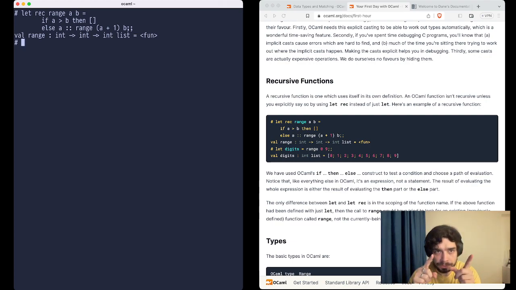We get two integers and it returns a list of integers. If a is more than b, we return an empty list. Otherwise, okay, I think that's a merge operation. We merge two lists using this,